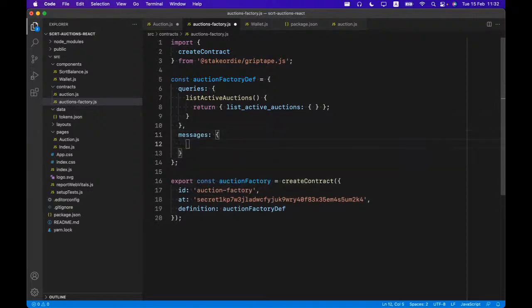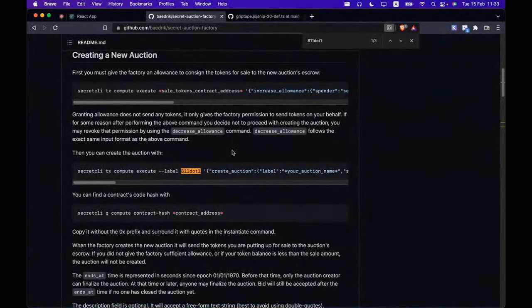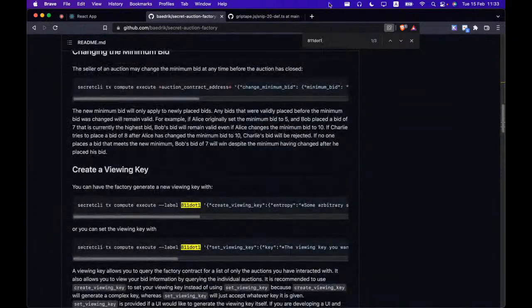Yeah, I think if we create the viewing key on the auction page, then it doesn't matter. Well, it does matter. It will depend a lot on the user experience that you want to have, but yeah, it will be a site-wide viewing key that you will need to create for this. For now, we need to define a new message on the auction factory contract definition,